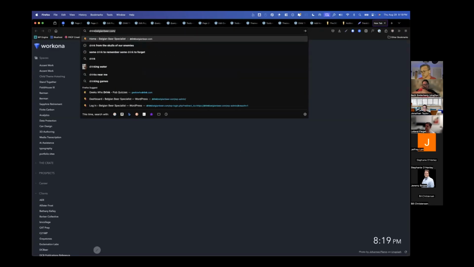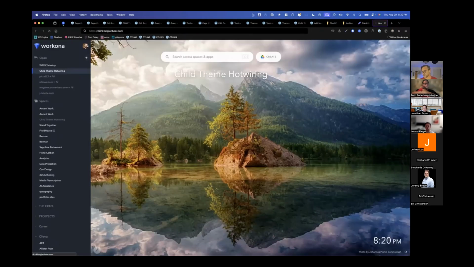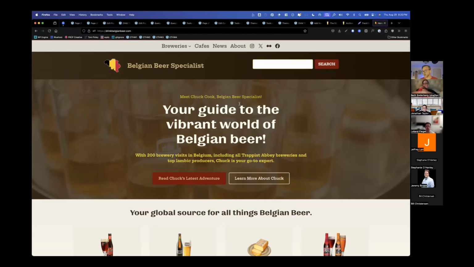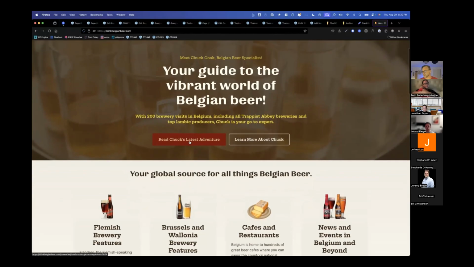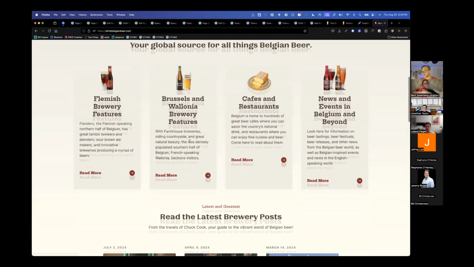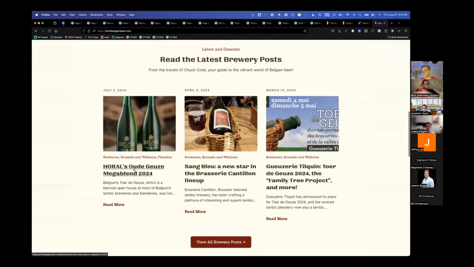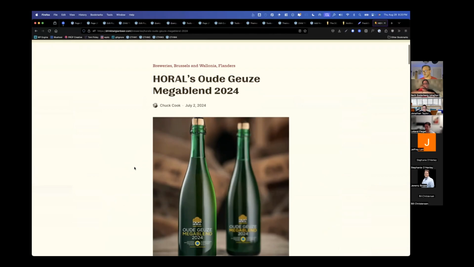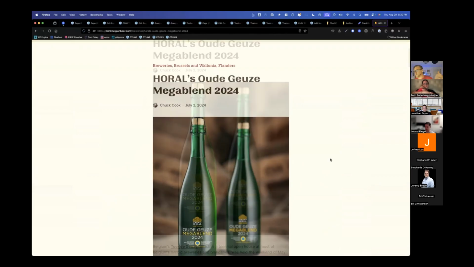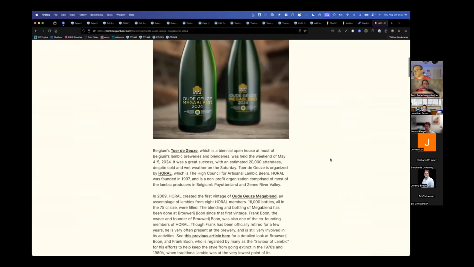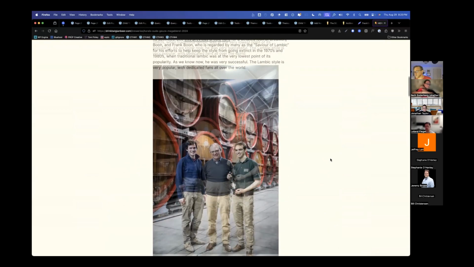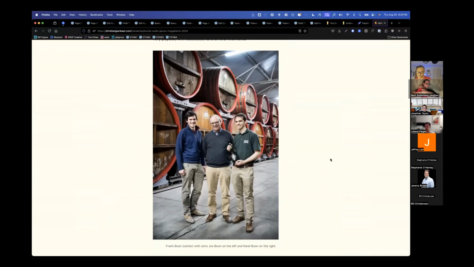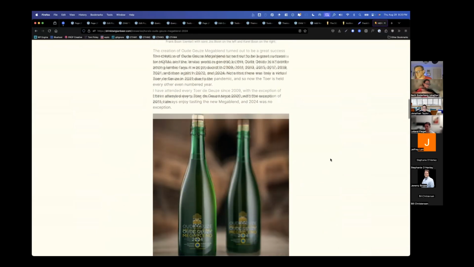Another one is, this was a rescue mission as well, drinkbelgianbeer.com. The operator of this site, Chuck Cook, is a Belgian beer knight. He is one of America's foremost experts on Belgian beer. He travels to cover all these Belgian breweries, and he also takes all his own photos.